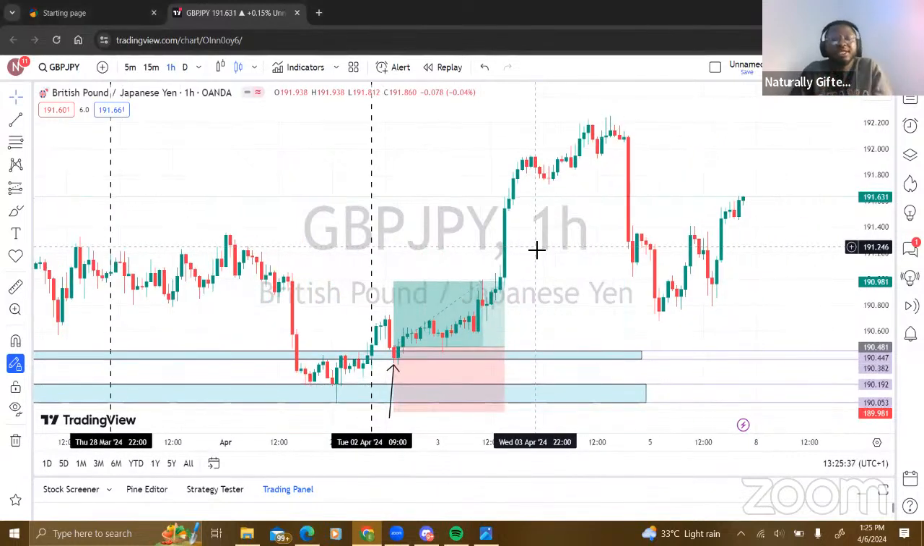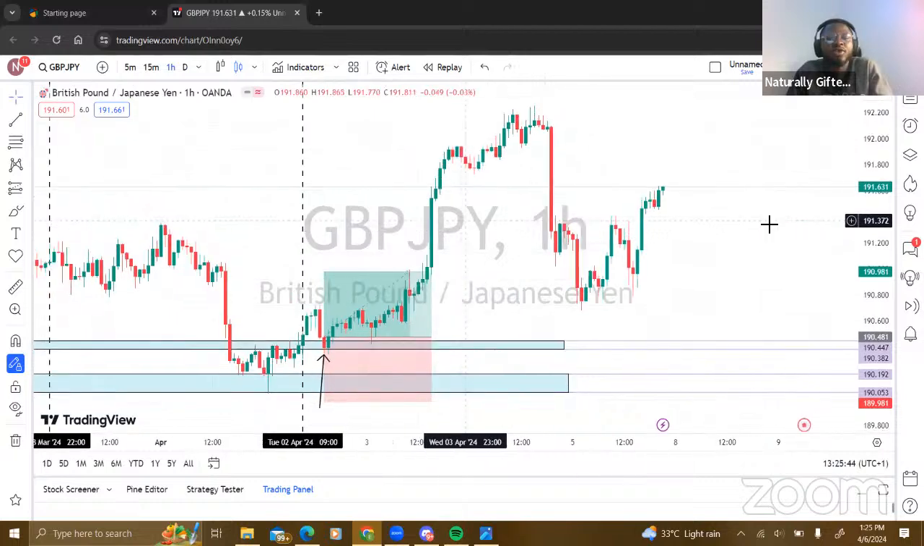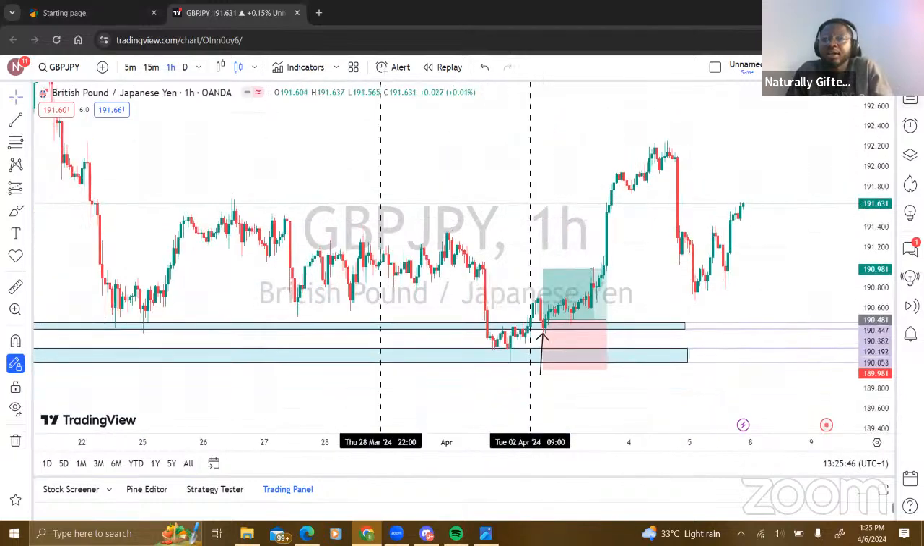Now, as I was saying earlier, you have three types of harmonic patterns. You have the retracement patterns, the extension patterns, and the dynamic patterns. Now, under the retracement patterns,